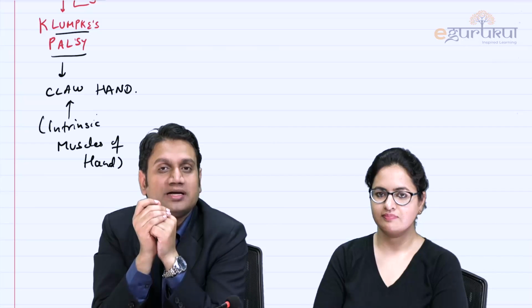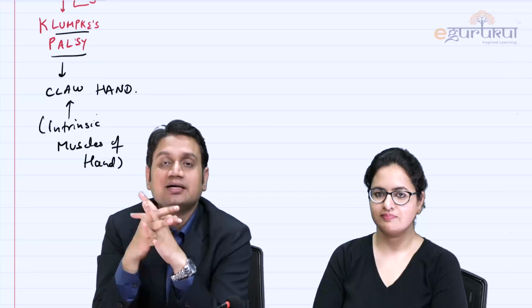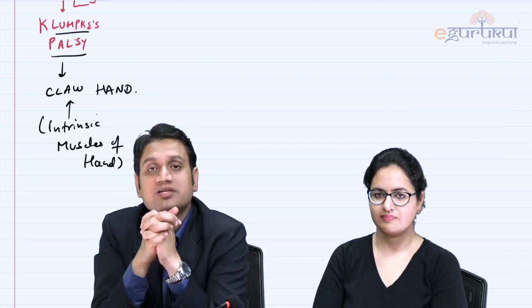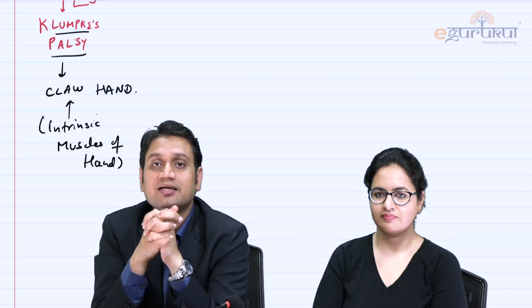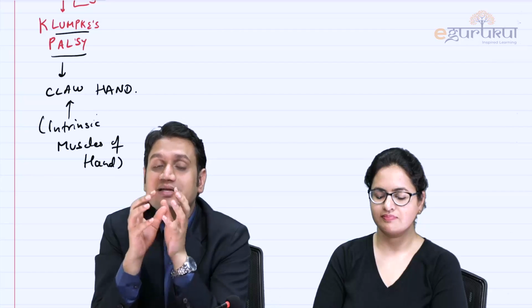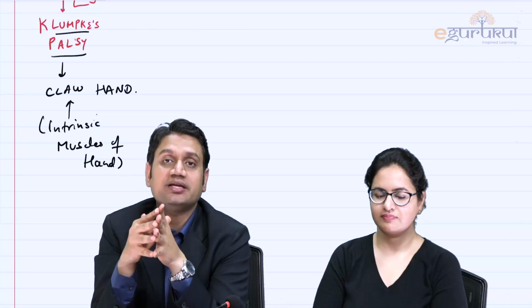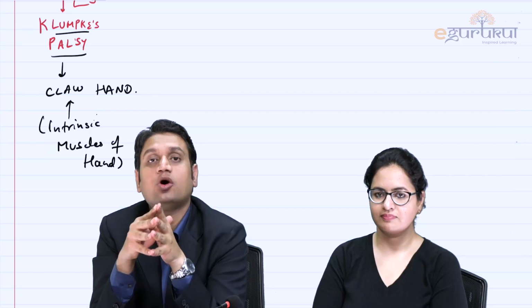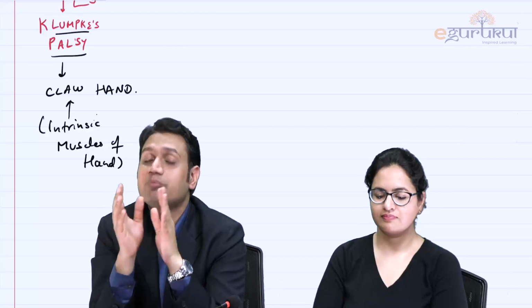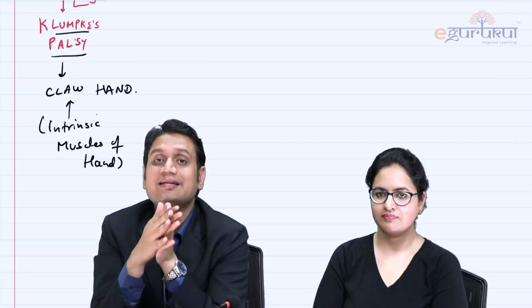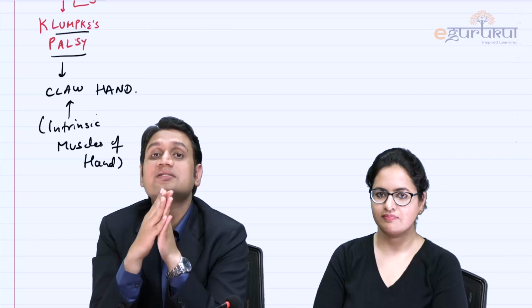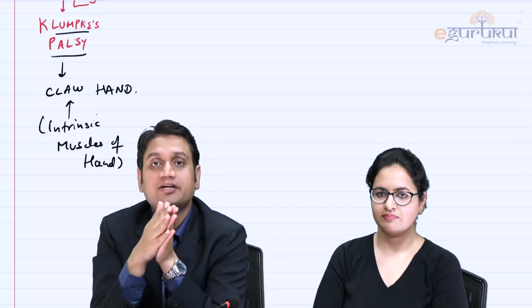Now, just one important clinical point I would like to add here: in the majority of the books we read, Klumpke's paralysis is always related to Horner's. No, it's not like that. But when the Klumpke palsy, the C8 T1 injury, is related to cervical sympathetic injury, then what happens is what you call a Horner syndrome. It is not always that Klumpke's is related to Horner's, but yes, in the majority of cases, it can be related to the cervical sympathetic chain injury. That's what you call a Horner's syndrome. So Klumpke's can be related to Horner's.